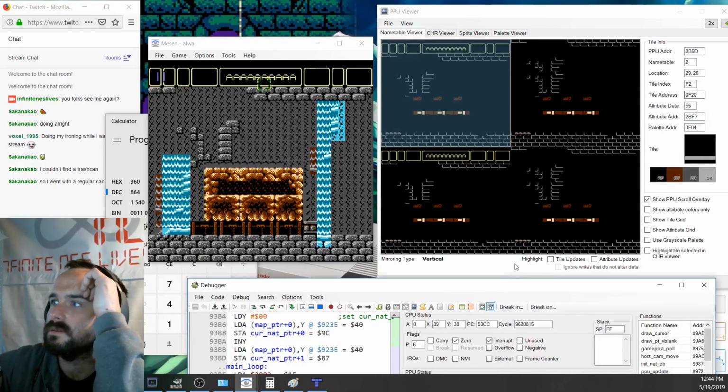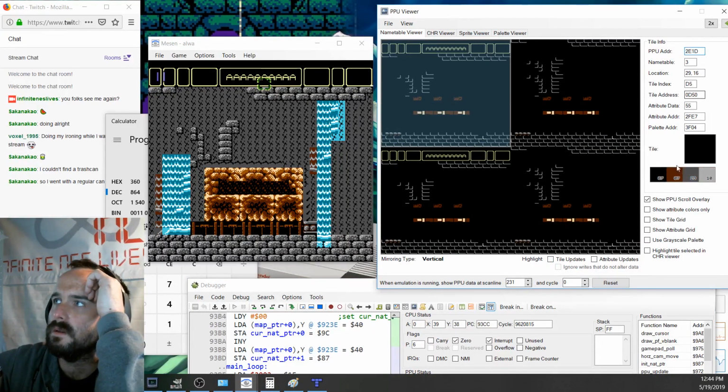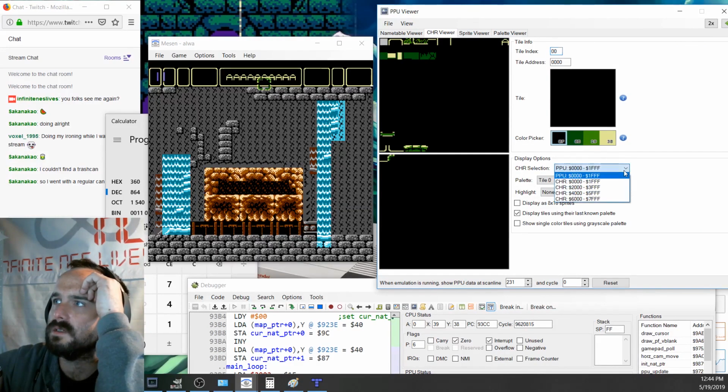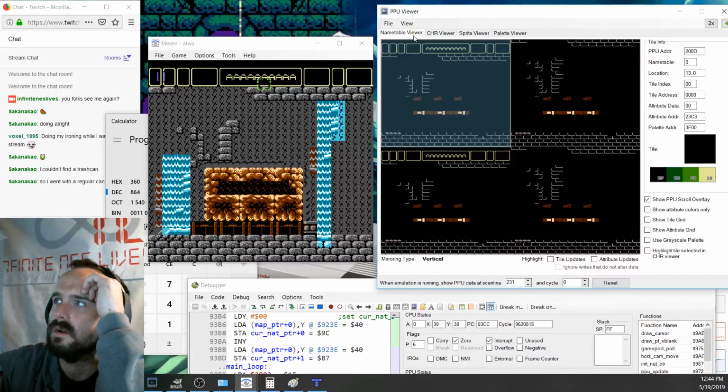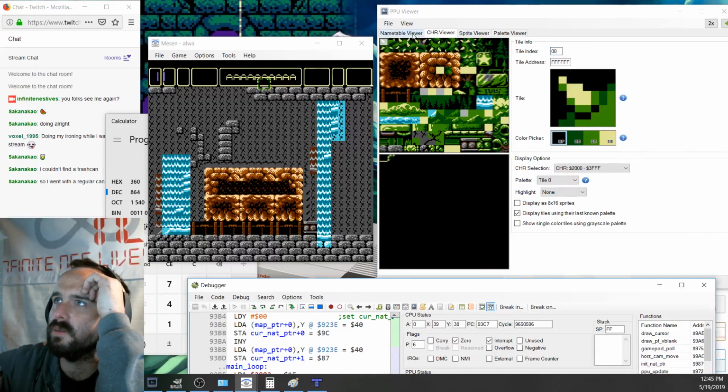How do I change which bank? I have the wrong bank visible. CHR selection. I want it to be the second bank. I don't know how. I have to ask Sour or something. Tile address. You would think, or maybe I have to render a frame. What if I do that? If I render a frame with,